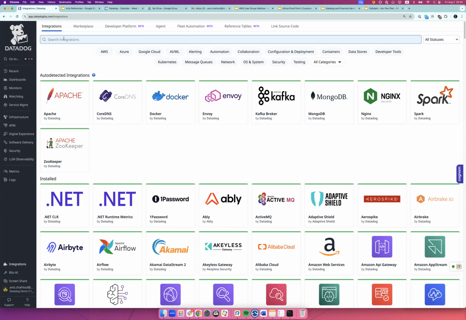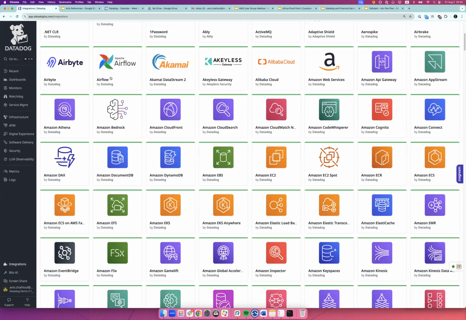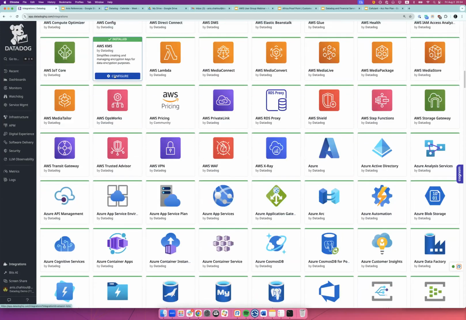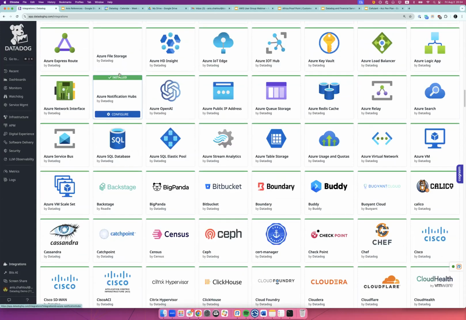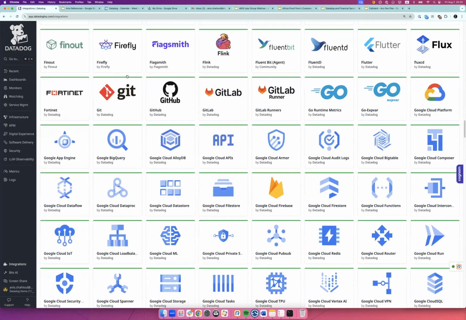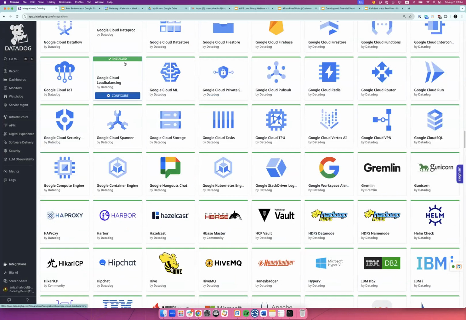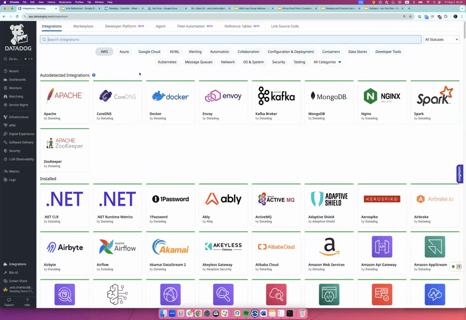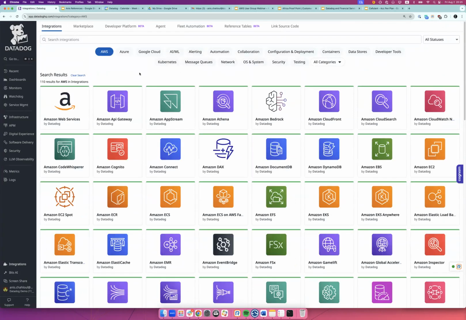So you have over 700 out-of-the-box integrations. You're looking here at different ones, from databases, from infrastructure. You will even see some CI/CD providers and different kinds of integrations. I'm not going to walk you through all of them, but what I wanted to say is, regardless of the technology that you're using, we will have a way to get the data as easily as possible and make sure we give you as much granularity as possible.